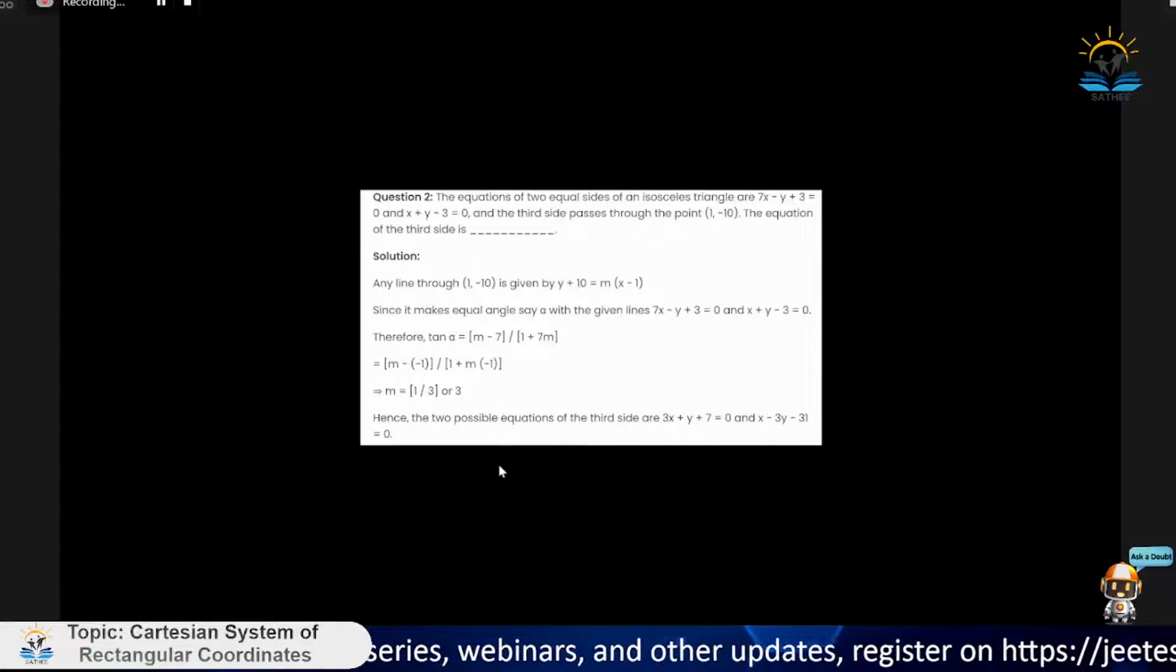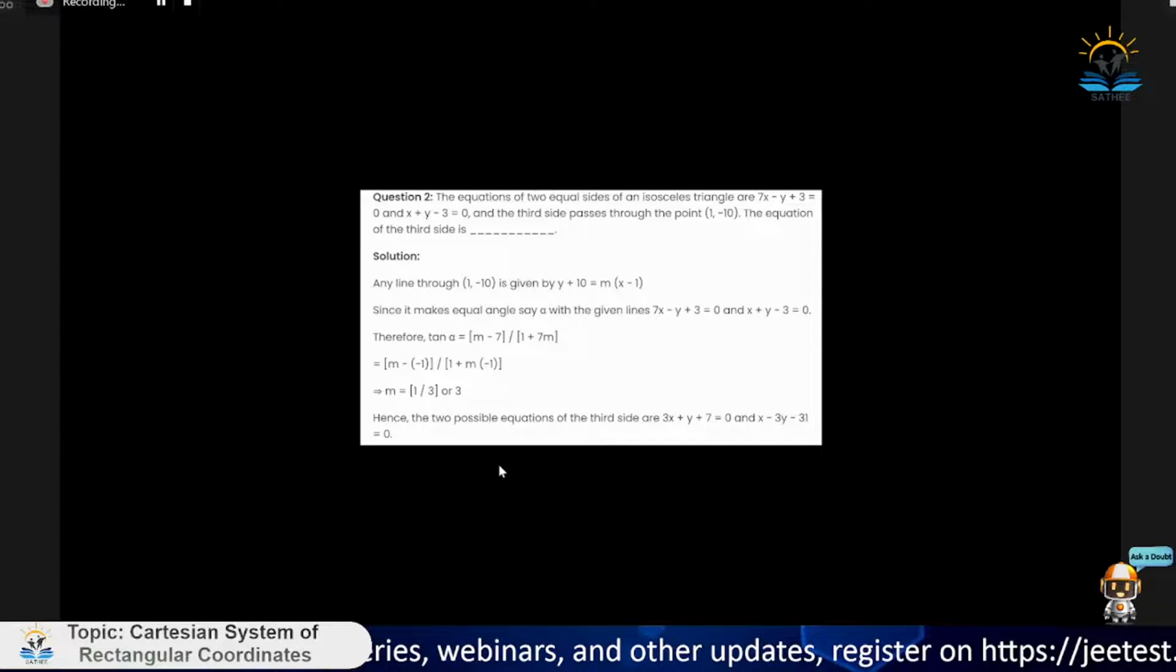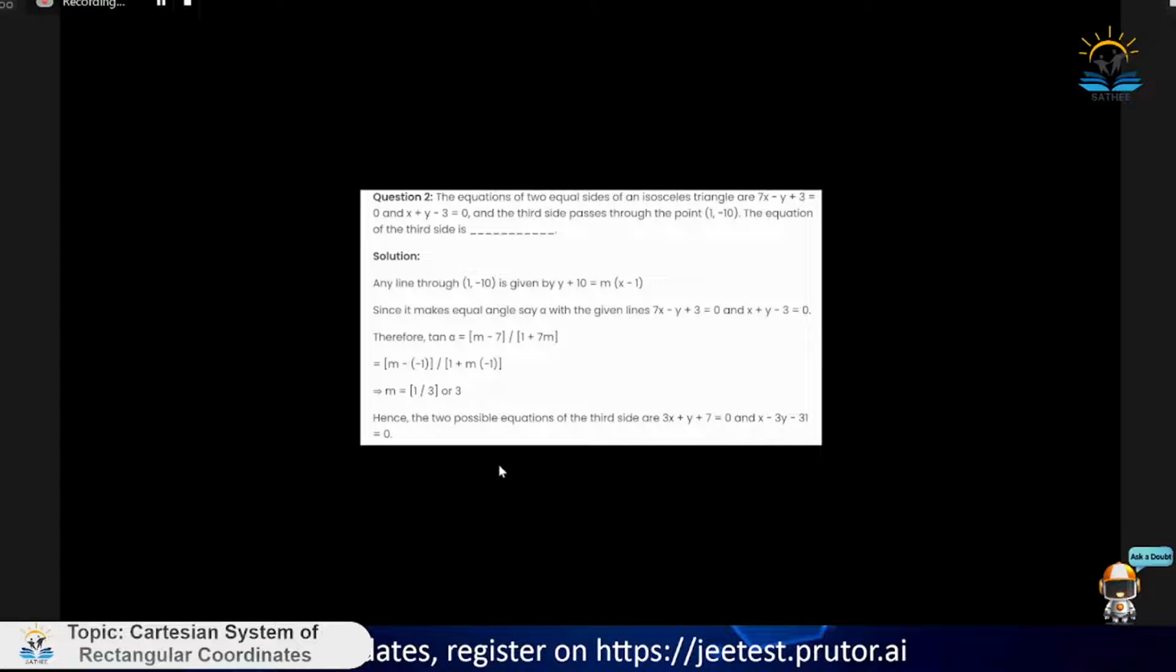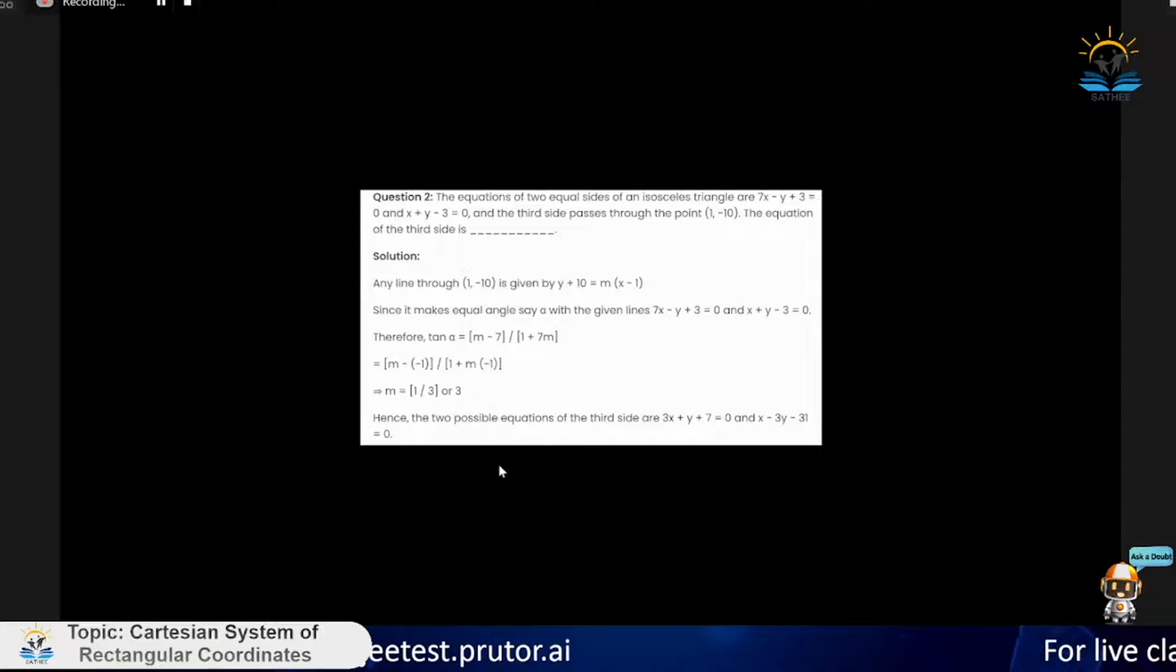The third side passes through the point 1 comma minus 10. The equation of the third side is. So here we have two equal sides and we have the equations of the two sides. The third side is passing through the point 1 comma minus 10. So any line passing through 1 comma minus 10 would be in the form y plus 10 equal to m